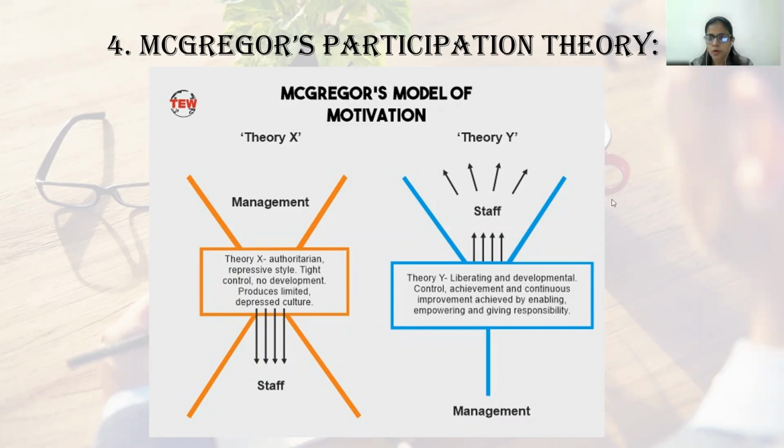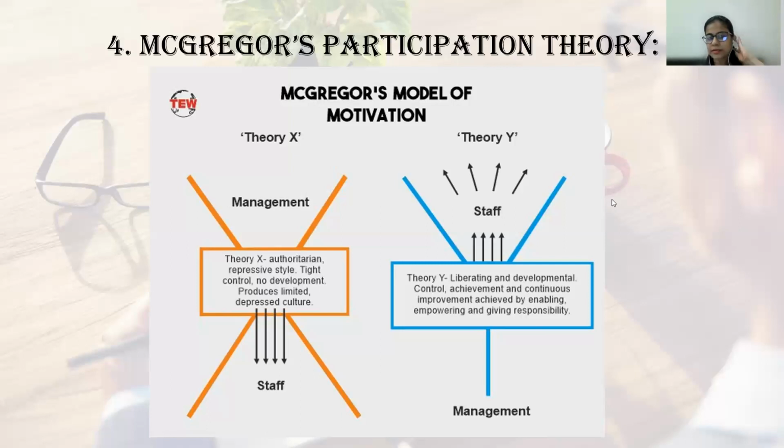So employees do not want to work themselves, they are not self-motivated. So here it just focuses on motivating the employees by exercising management power, by making them work in their own style. Because here the employees are not motivated, they do not want to work, they are very lenient. They do not want to put in their efforts and energy, they do not have a set goal. So here, Theory X is the authoritative, repressive style, which uses its control to get the desired result.